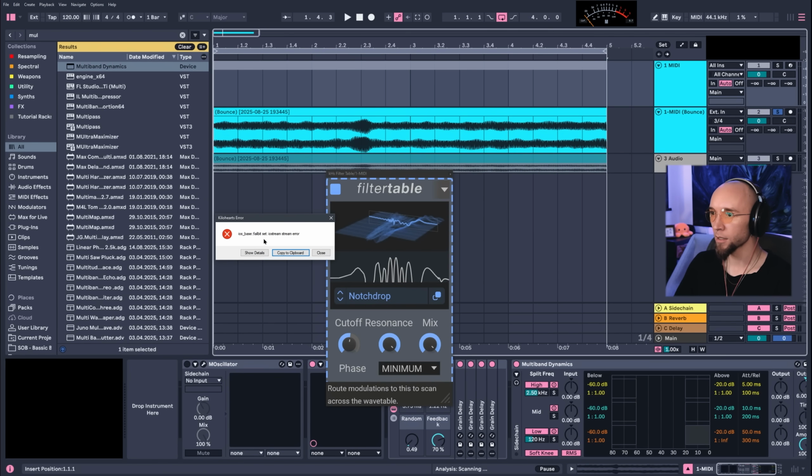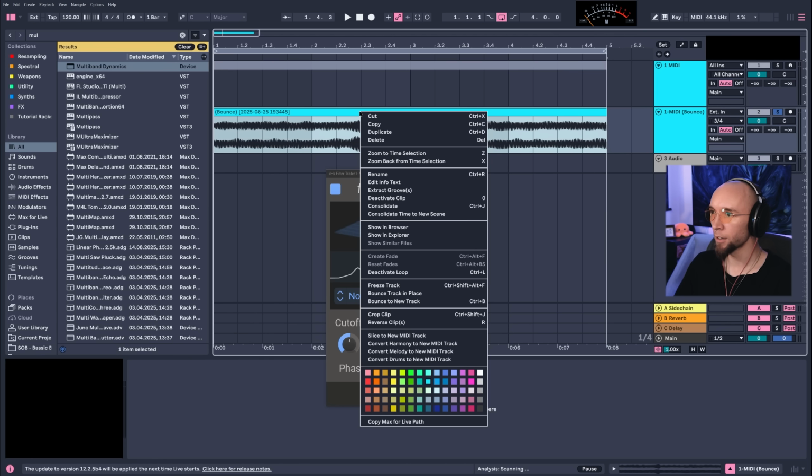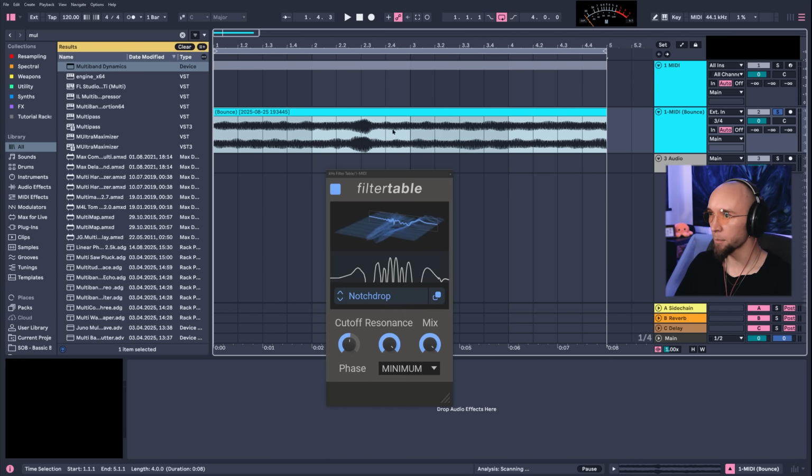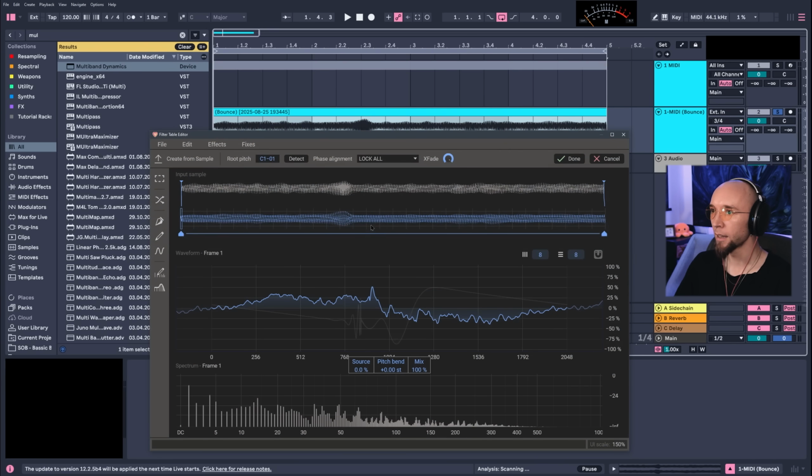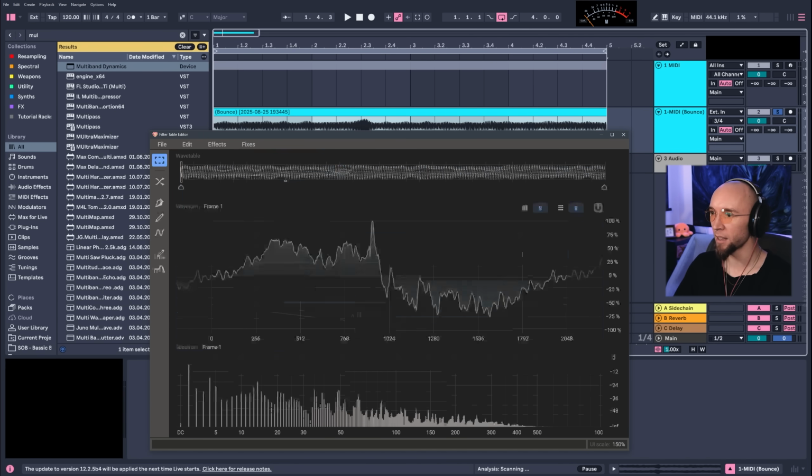If you're in Windows, sometimes you'll get this error, but all you need to do is right click the clip and hit crop clips and then drag it back in. Now this window should show up. Because I'm using a tone of C at a very low octave, I'm going to make sure my root pitch is C1. And then I'm going to go to fixes and then hit normalize frame peak,